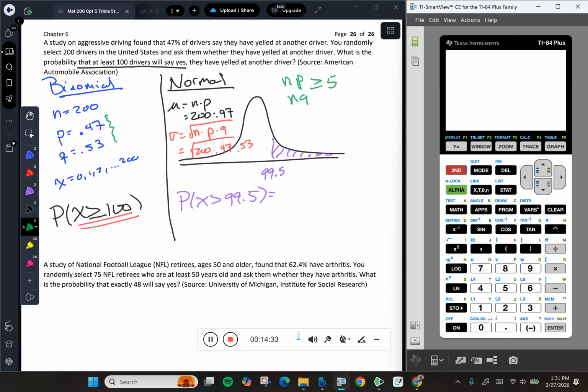All right. So now that I converted it from a binomial to a normal, I'm going to go ahead and do that calculation. So I'm going to go to my distribution menu, normal CDF, lower limit, 99.5, no stated upper limit, so just a big number. Mean of 200 times 0.47. Standard deviation of the square root of 200 times 0.47 times 0.53. Paste it back in, and I get 0.2179, or about a 21.79% chance